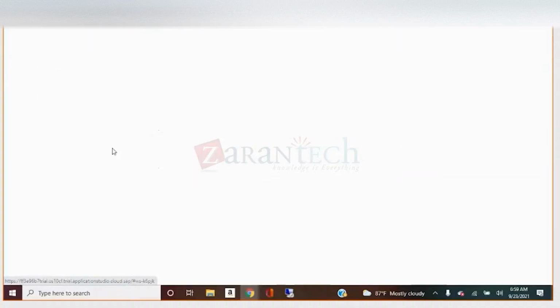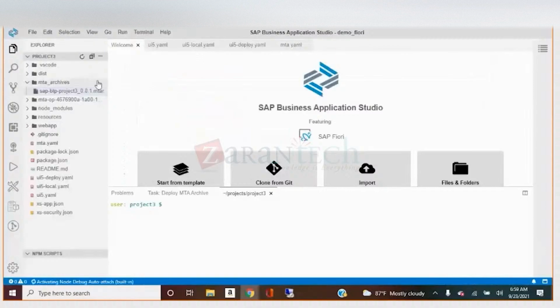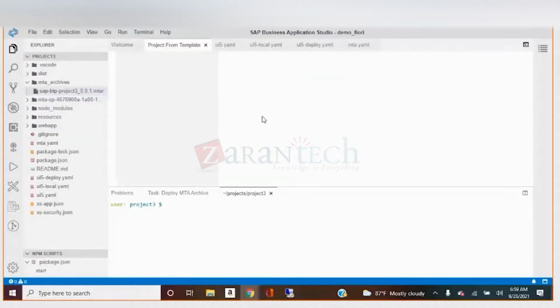It's running. Because the services are not working from our web IDE, I'm showing it from here. So if we try to create a check from template,